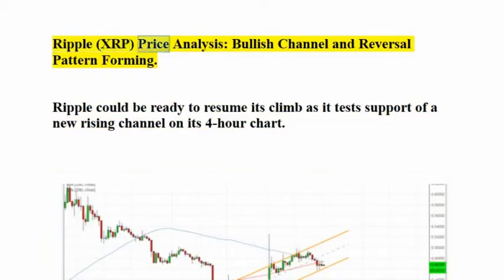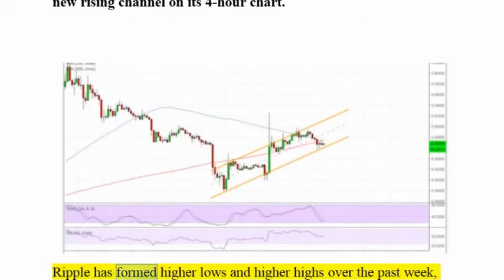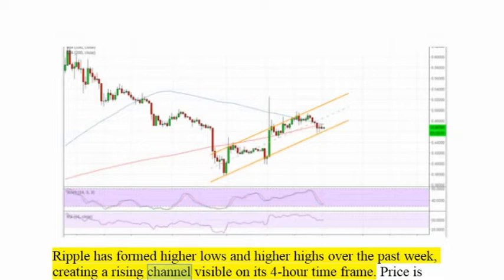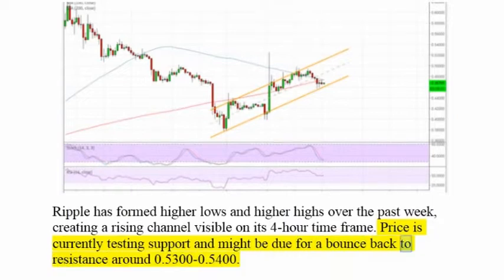Ripple XRP price analysis, bullish channel and reversal pattern forming. Ripple could be ready to resume its climb as it tests support of a new rising channel on its 4-hour chart. Ripple has formed higher lows and higher highs over the past week, creating a rising channel visible on its 4-hour time frame. Price is currently testing support and might be due for a bounce back to resistance around